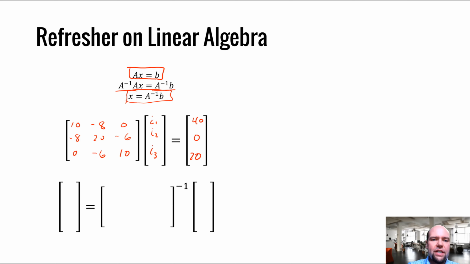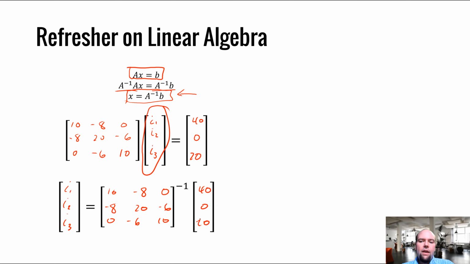If I'm trying to solve for these unknowns, and that's what I am doing, the whole point of mesh current is to solve for these unknown mesh currents, then in order to get my equation in this form, I'm going to have I1, I2, I3 equals 10, negative 8, 0, negative 8, 20, negative 6, 0, negative 6, 10 times 40, 0, 20. So in my calculator, I create this matrix, I take the inverse of it, and then I multiply it by this matrix. And then that will give me